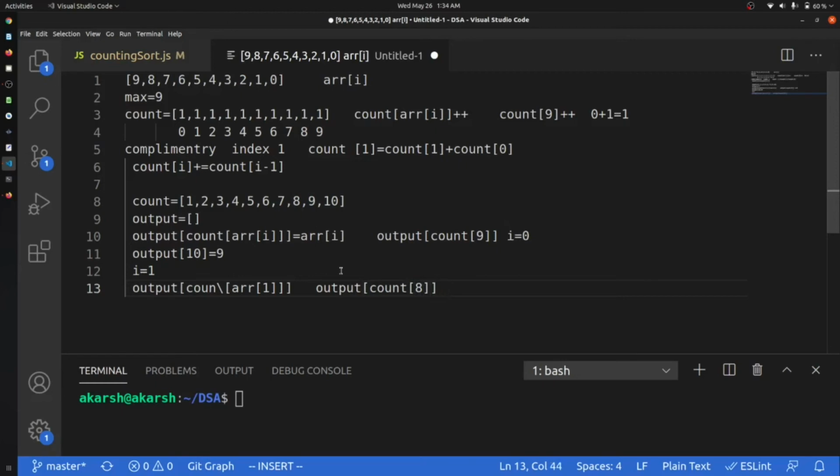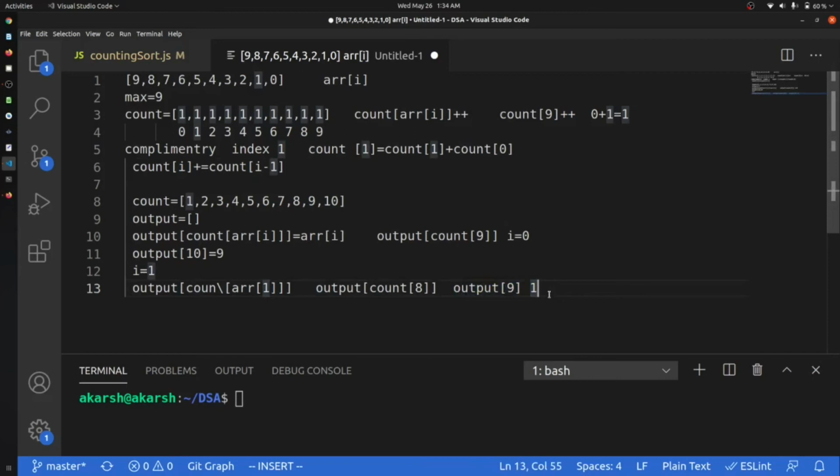So this will become output at count at 8. No, sorry, it will be output at 8 will be count at 8, which is 9. Okay, so we will put that to be 1. Like this only.